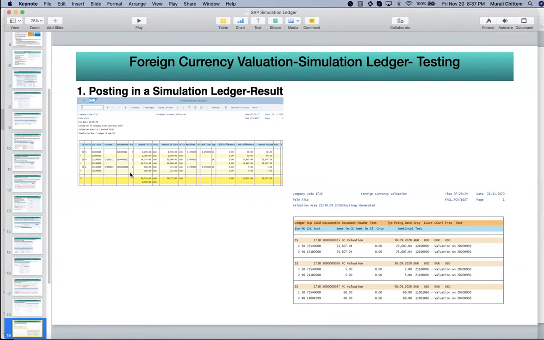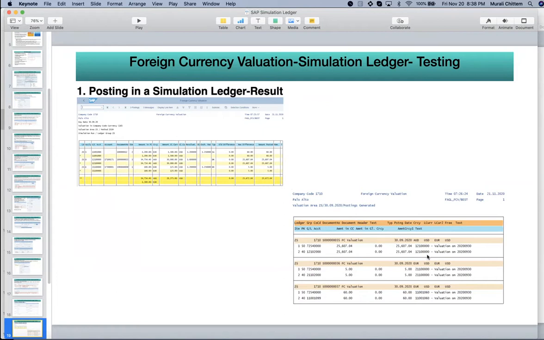One vendor, one customer, and one GL account, so that we can see what the impact is and how it will behave. Maybe the screenshot is smaller, but the first document is a GL account, and the second one is D customer. Here 121 is the customer recon account. Wherever the account is, that is a customer number. The third one is K vendor recon account 173 followed by all zeros and 1, that is the vendor number. So these are the 3 documents which need to be revalued for these customers, vendors, and GL accounts.